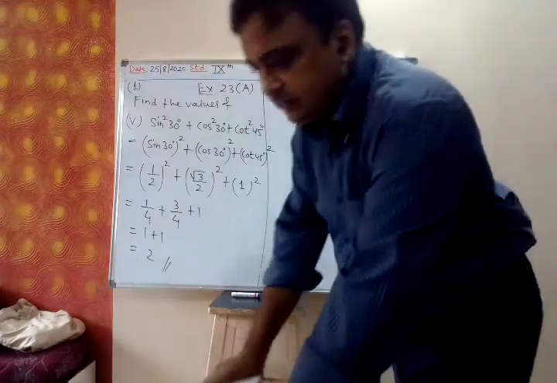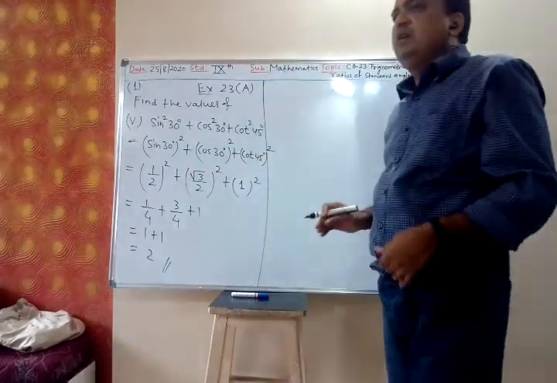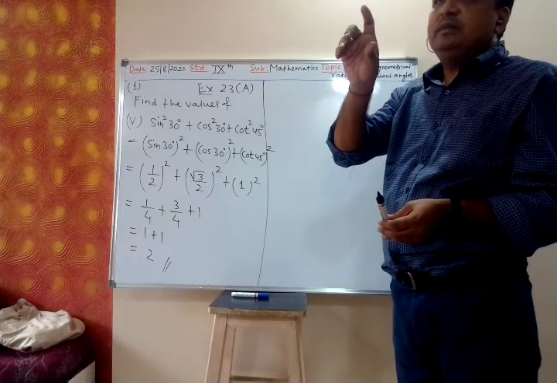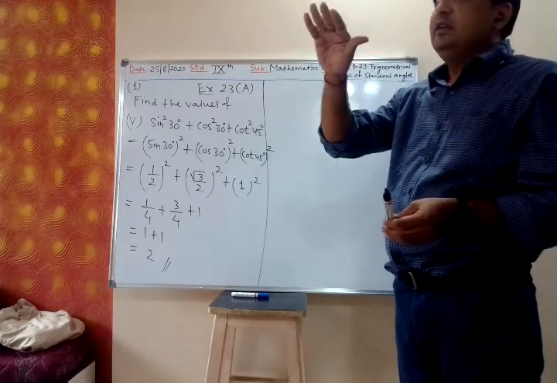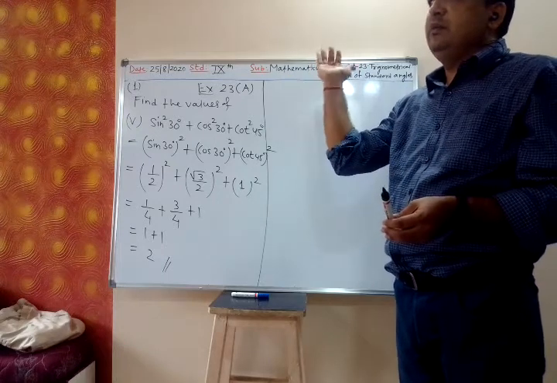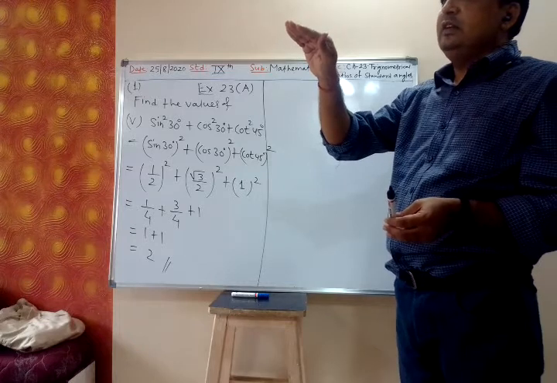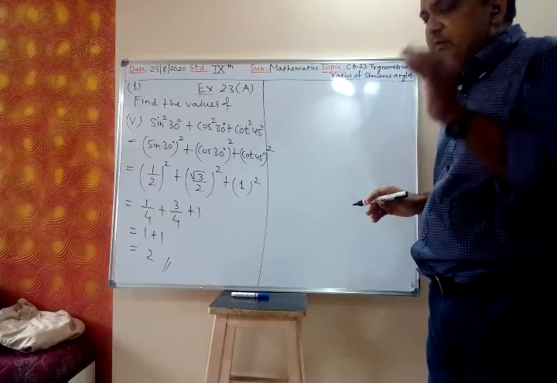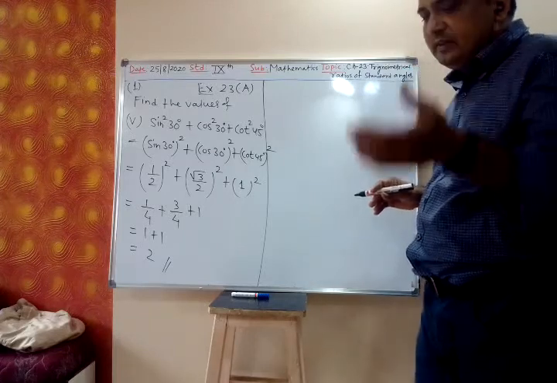Yes, the table you have to remember, and easily you can remember the table. You remember the table for sine, and just for cos you take the reverse order. You take the values from the reverse, from end to first, and you will get the table for cos. Then for tan you have to take the ratio of sine upon cos. So you remember the table for sine, and cos and tan you can easily find.